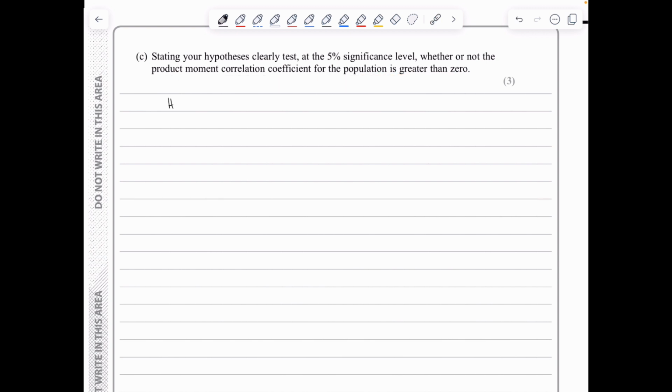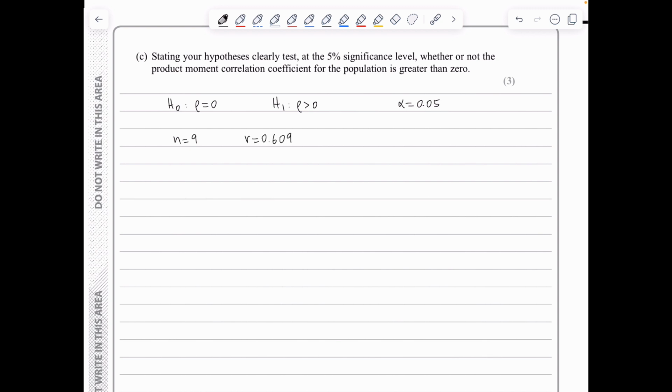So we have H0: rho is 0, versus H1: rho is greater than 0, at the significance level alpha of 0.05. This is a one-tail test because the question is specifying the direction. We're looking for a positive correlation greater than 0. We know we've got a total of 9 pairs of observations, so n is 9, and what we have calculated from the data is the